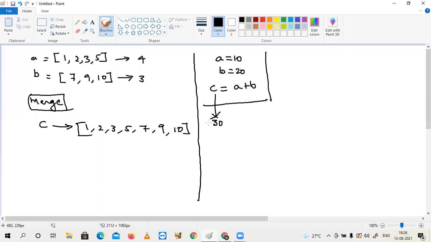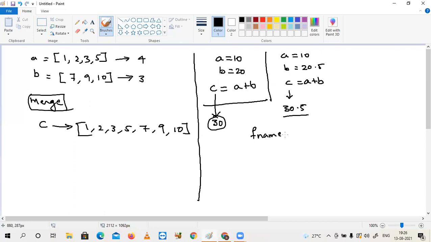Sir, for this, no need to think too much. Please tell me quick answers. Okay. A equal to 10, B equal to 20.5, C equal to A plus B. What is your answer? 30.5. Okay.